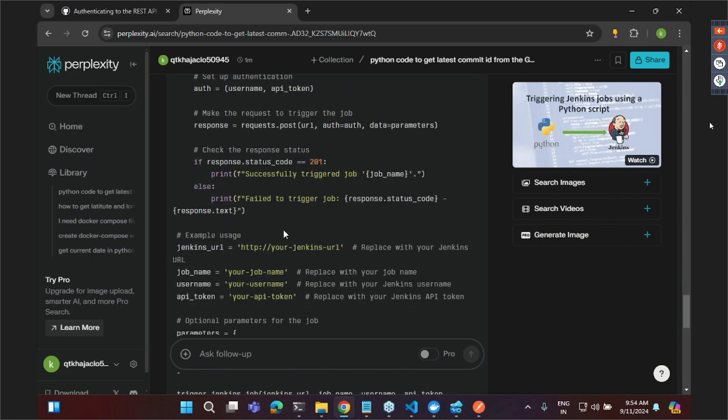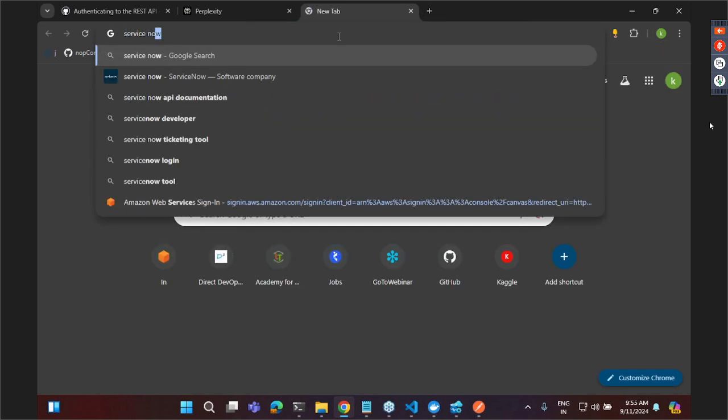So in your company, whenever you want to interact with anything, for example, whenever a DevOps job pipeline is successful, I want to update that information in ServiceNow. So what will you try to search for? You will search for ServiceNow